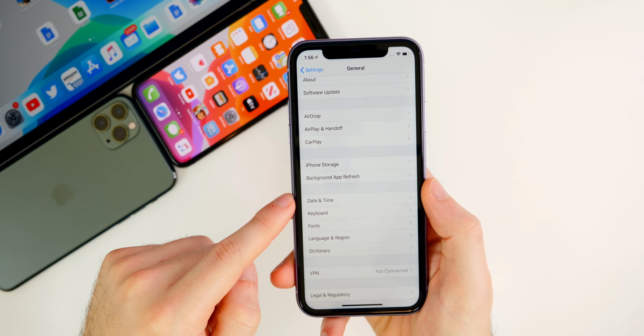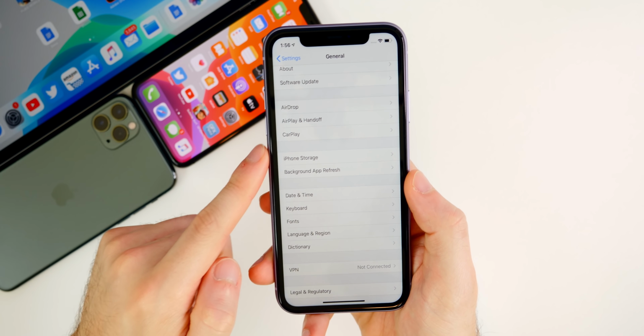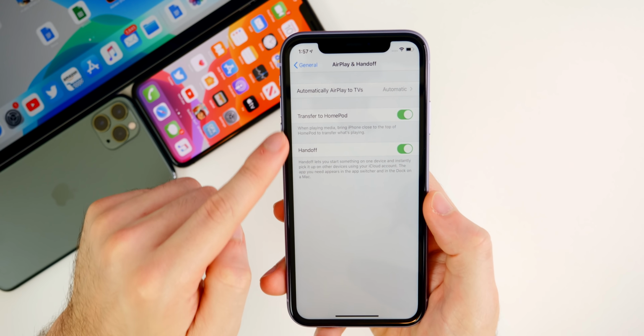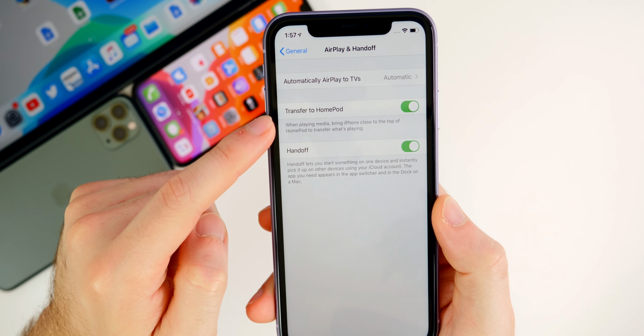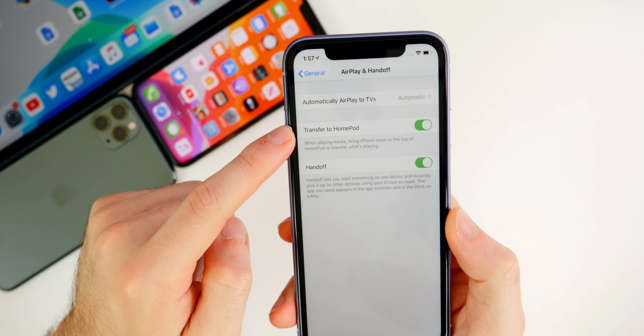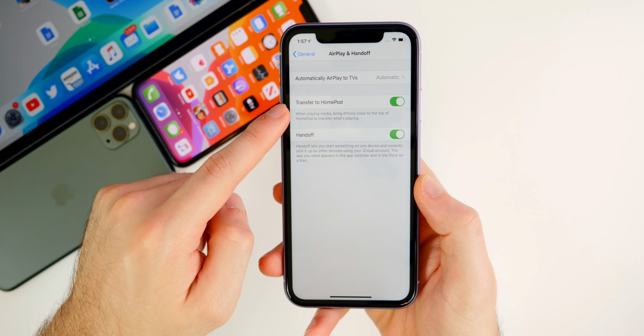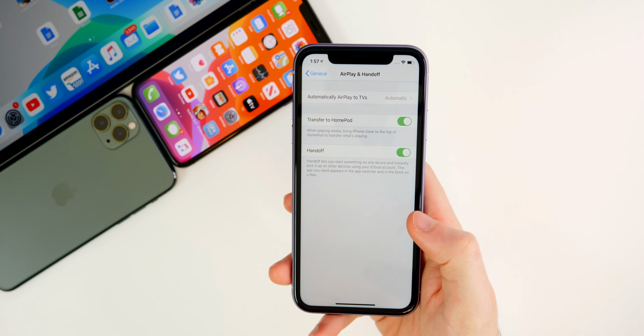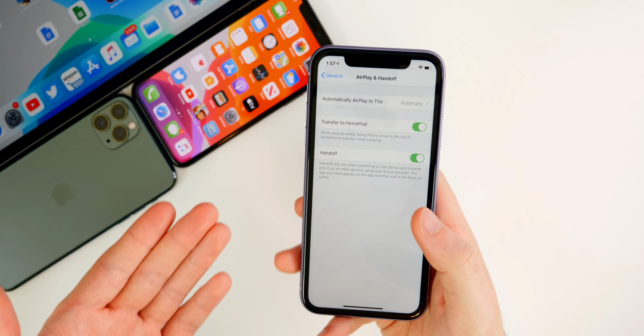We also got a nice improvement to the Transfer to HomePod feature. So if we go into our Settings, go to General, and then go to AirPlay and Handoff, of course, we do have the new Transfer to HomePod feature. This was in 13.2 as well, but it's now more reliable in iOS 13.3. And side note, the HomePod did also get an update today for 13.3, so you should also go ahead and